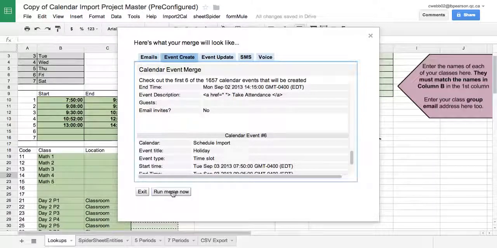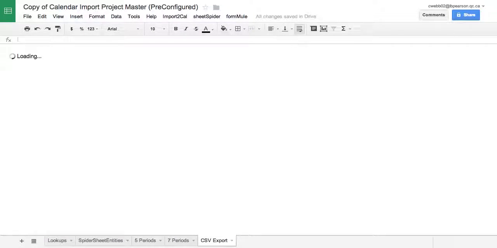Now when you hit run merge now, it's going to take all the information from that sheet and it's going to push it straight into your calendar. Now you do need to leave the calendar open so that the script can run until it has generated all of the events in your calendar. So if I click run merge now,